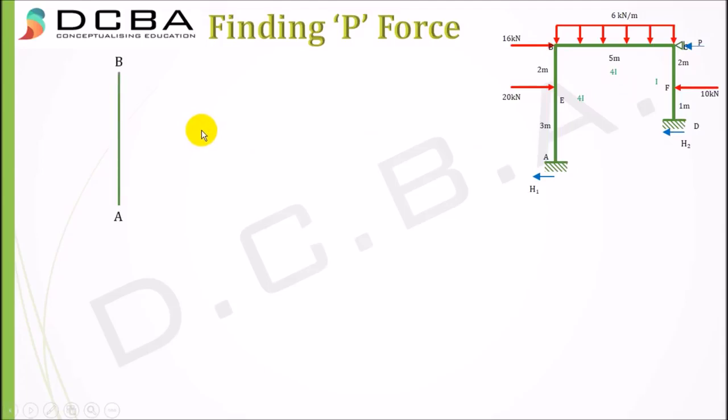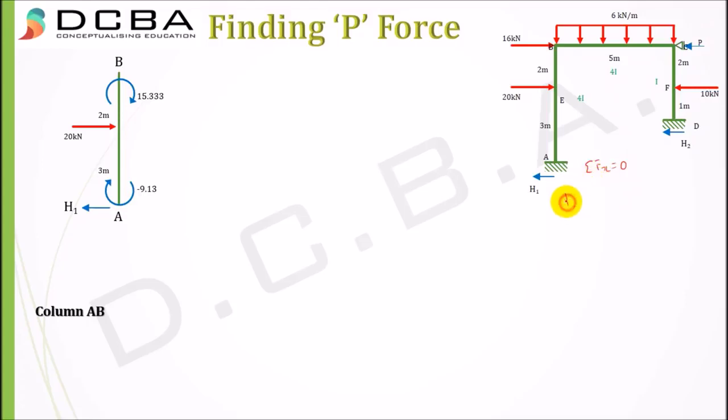For this we'll have to draw all the free body diagrams basically. So column AB, these are the moments that we got from the moment distribution iteration that we just did. MAB was minus 9.13, MBA was plus 15.333, and then there's this force here. So to find this force P, I'll just apply the simple summation Fx equal to 0 on the entire structure. So what will be this equation?